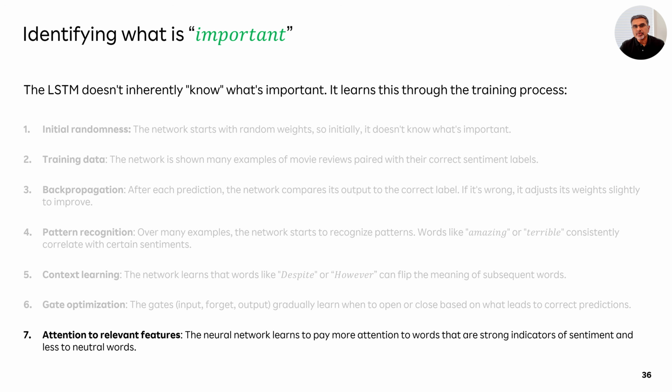Maybe another intuitive way of looking at it is this: let's say a word is not important and the LSTM is not downscoring it, then its prediction is going to be off. And if a word is important and the LSTM is not upscoring it, then the prediction is also off. So over a lot of back and forth, through the forward pass as well as the backward pass, the LSTM figures out what is important and what is not.